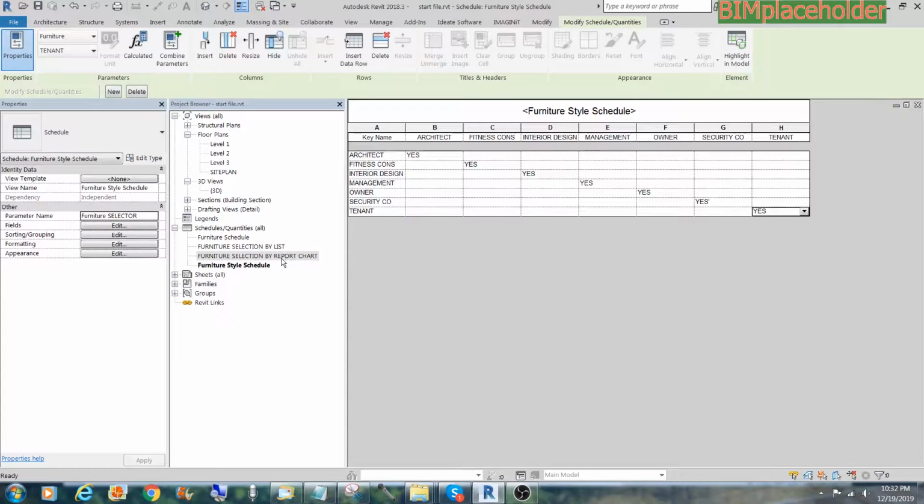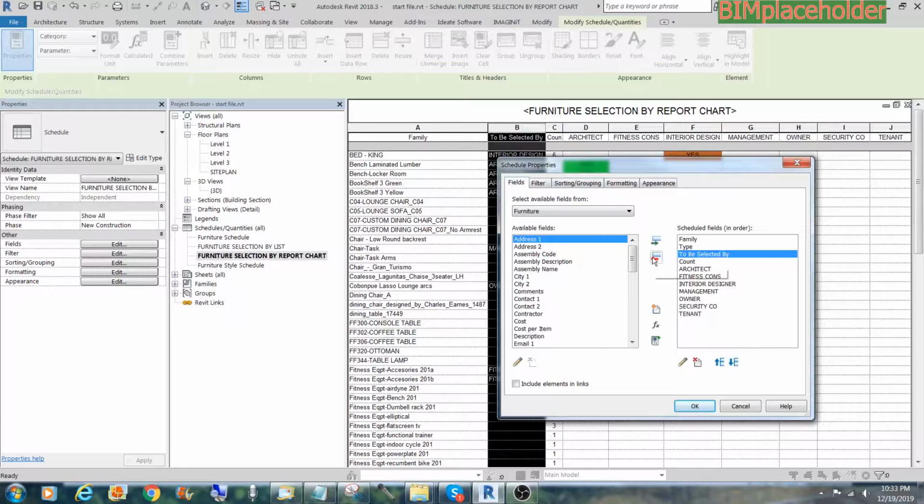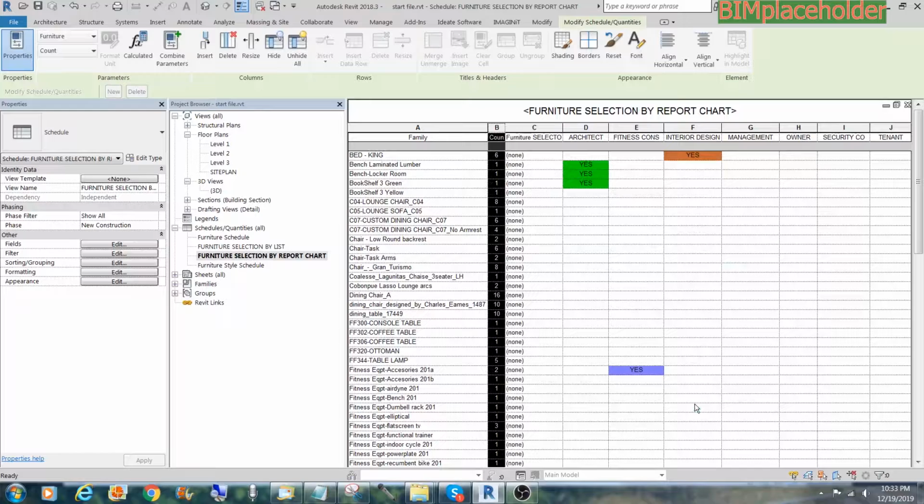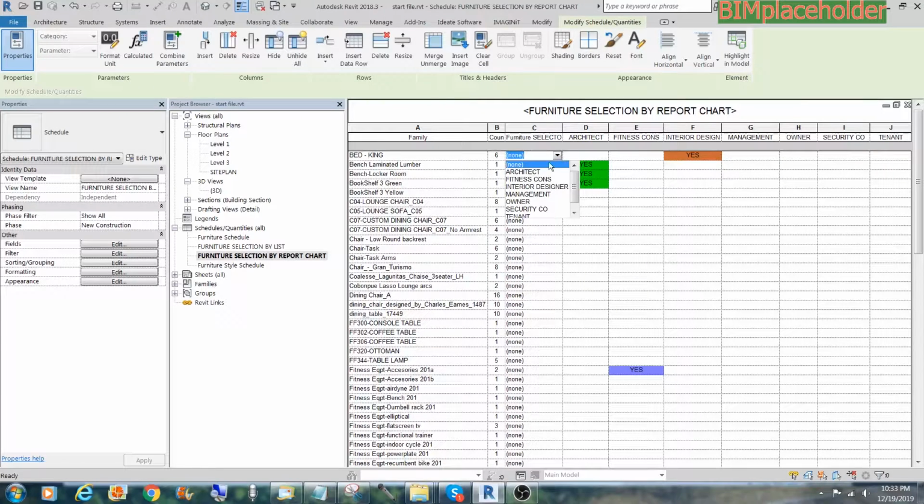Now going back to this schedule by chart, take it out. And then we add the furniture selector instead. Now with the furniture selector, it's easier because with this, we just choose the bed king goes with the interior designer, architect, and now this is empty here, but as soon as I put architect, it's going to fill this up. Interior designer,